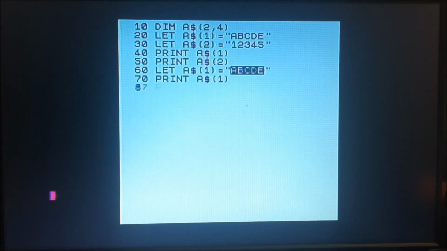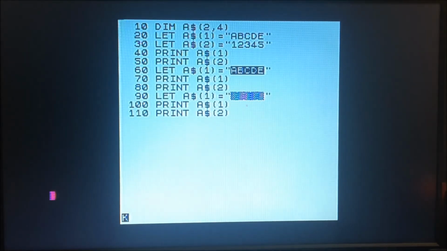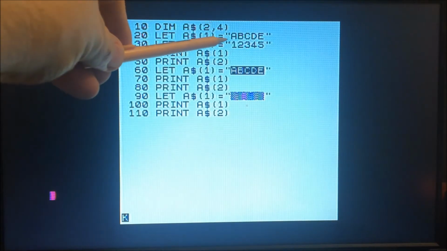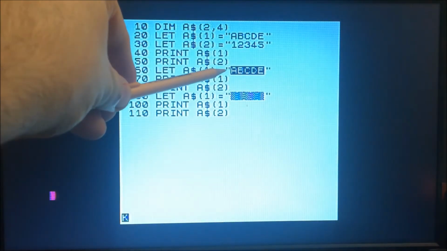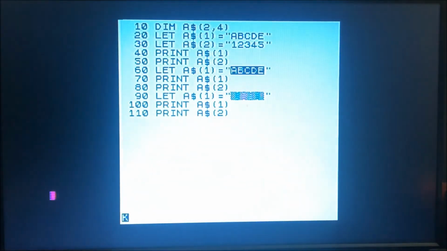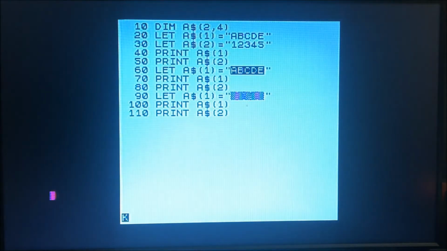Yeah, so you can see it. So this is running, and you're like, oh, well, no big deal, right? But the big deal is that these strings aren't equal. This string takes up 5 bytes, this takes up 10, and this takes up 15, because if you look at the underlying representation,